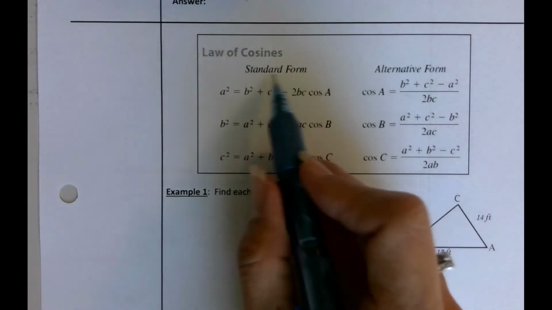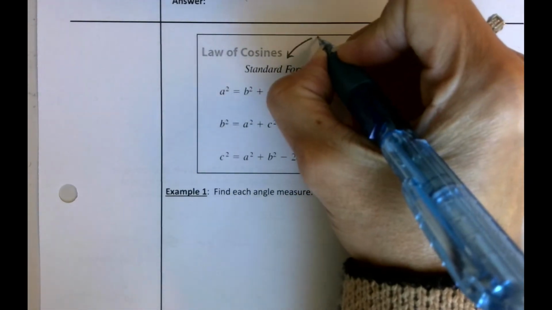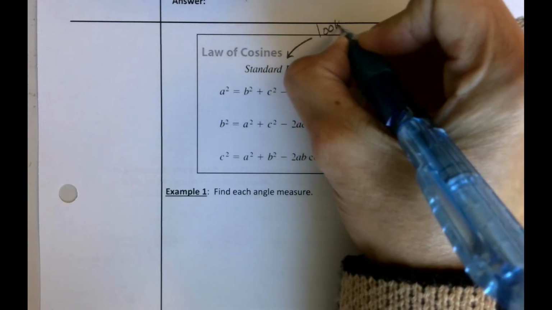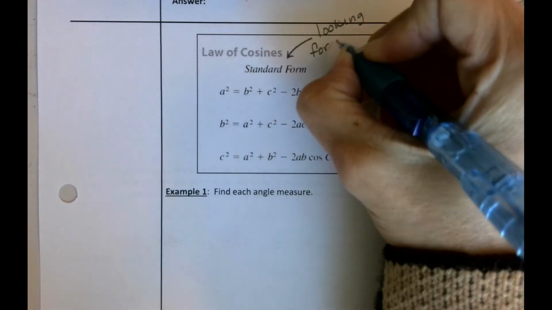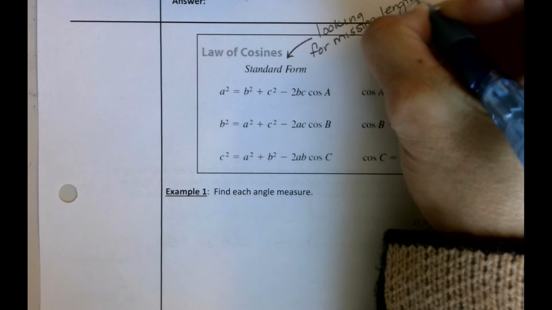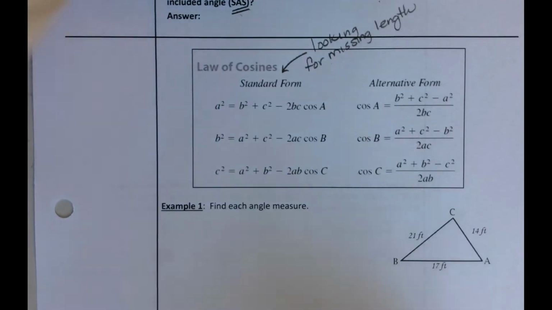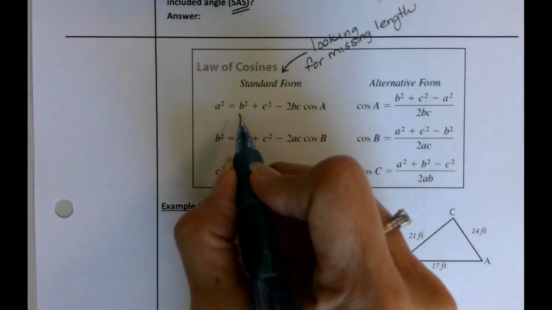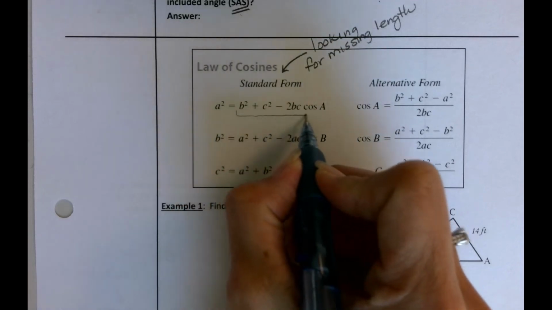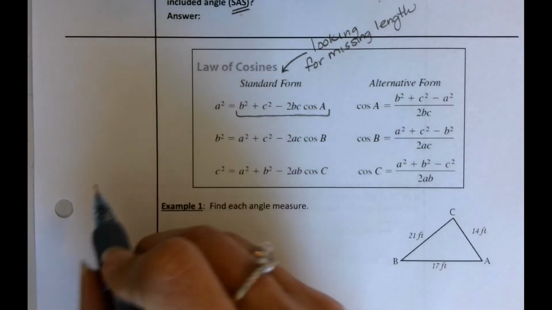So the left-hand side, the standard form, is reserved for when you are looking for the length of a side. So if you are looking for a missing side length, I need you to use the standard form of the equation. Now, when you do use this format, notice that when you plug in all the values into this equation and hit enter on your calculator, the answer you get is